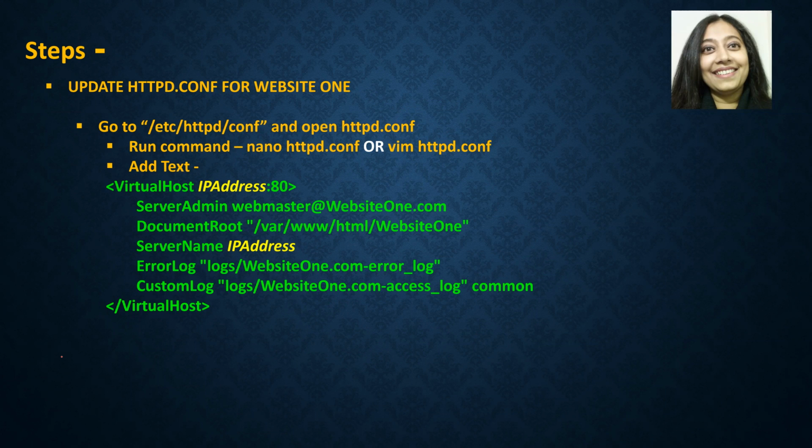We need to update this file called httpd.conf for website 1. This file is found at this path /etc/httpd/conf. And what we need to do is we will go ahead and edit this particular file, right? So we will either edit it using Nano or Vim.